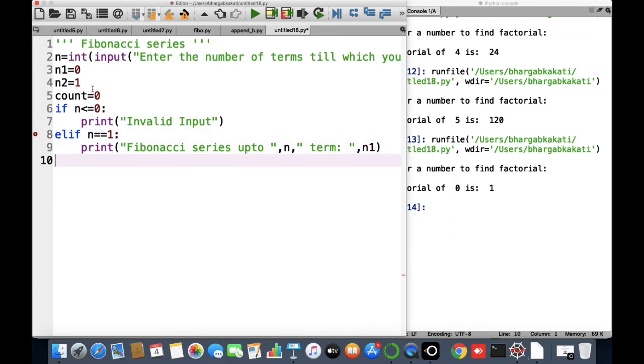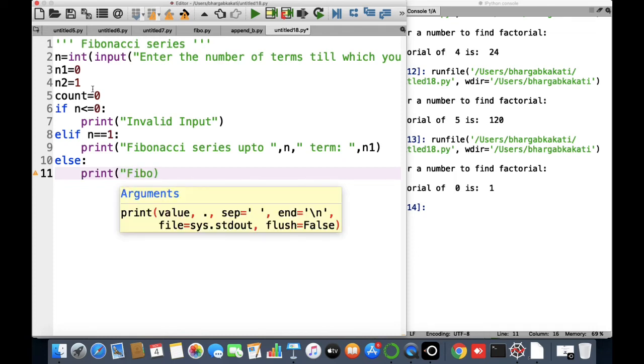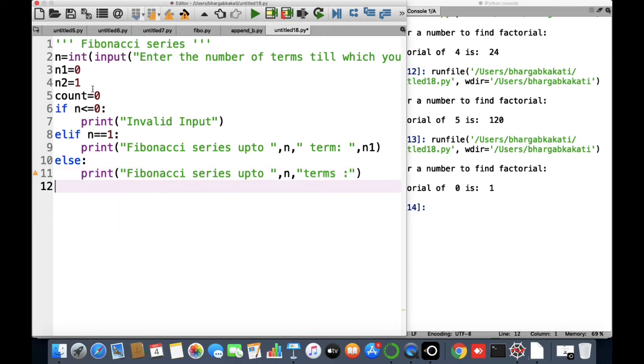Now the final actual logic will come within the else part. I have already discussed if, elif, else in the selection statements part. If it is not very clear, you can just revisit the selection statements. Now in the next line, I'll just display the message like Fibonacci series up to n terms. Okay, we'll just display it like this, and then we'll apply the while